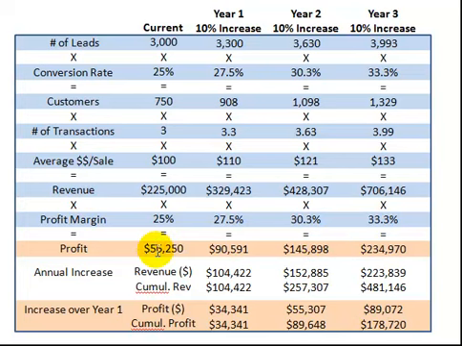Now, understand what that really means. The first year, they made a profit of an additional $34,341. The next year, they're going to have gained $89,648 over what they did in year one with $56,000. On year three, they've made $178,000 more than what they made in year one, in the first year where they currently are. So you can see this is very significant when you sit down and show a business owner what we can do to make a few minor changes in your business, how it can affect the overall performance of your business, the overall bottom line profits of your business.